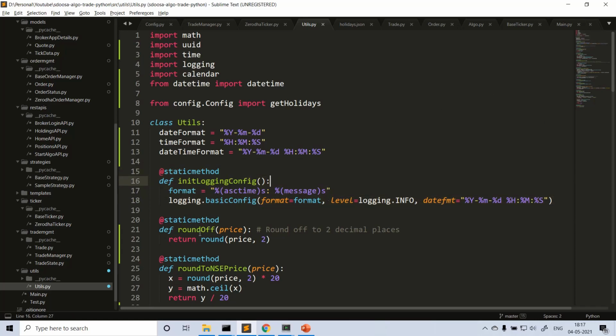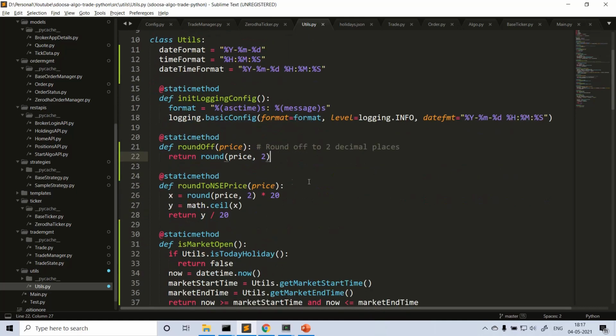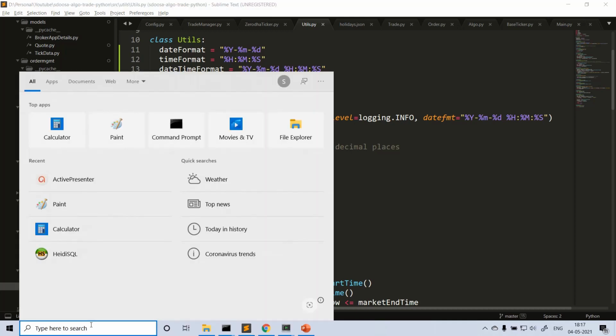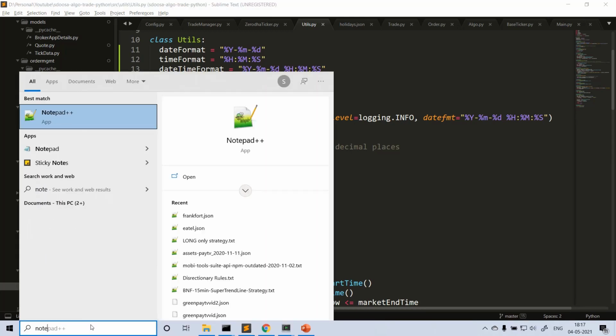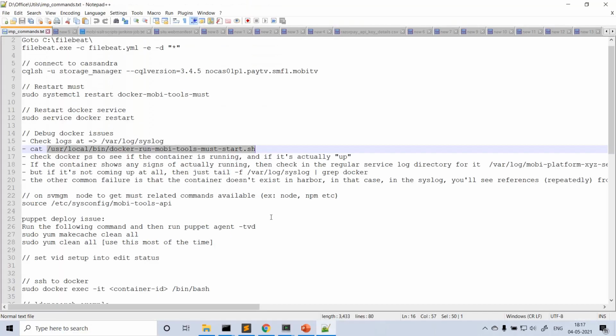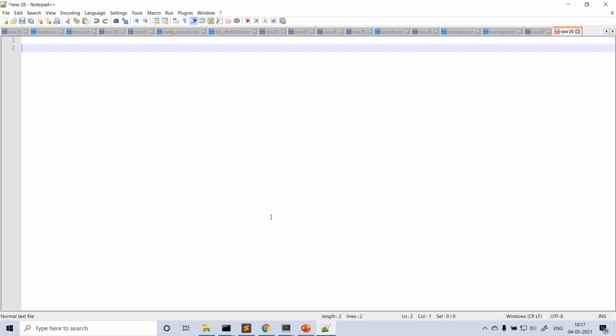We have some utility functions like round off, to round off some floating point number to 2 decimals, and round to NSE price. NSE price is this way, right? The difference is 0.05 in each tick.